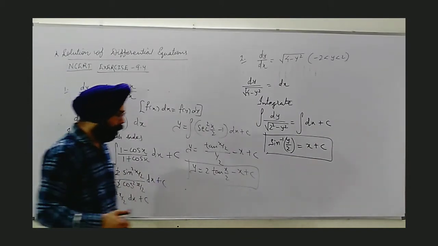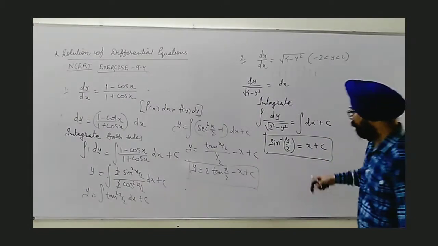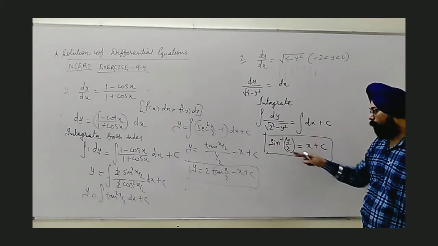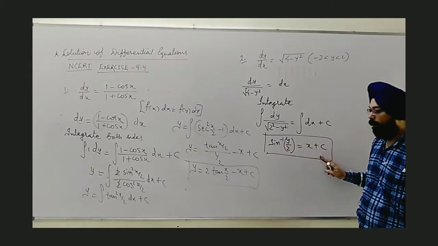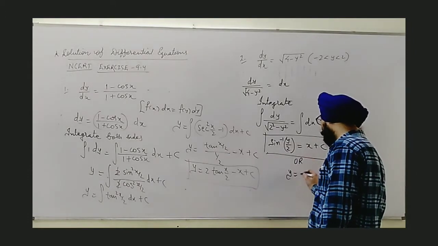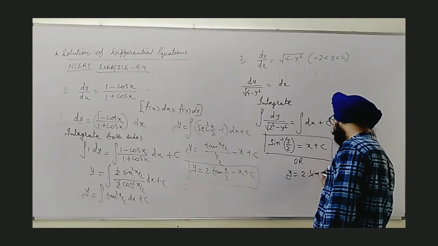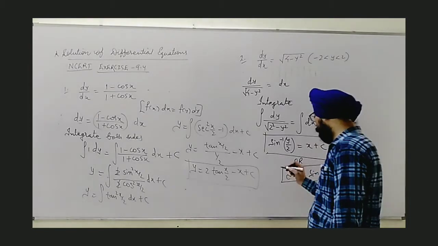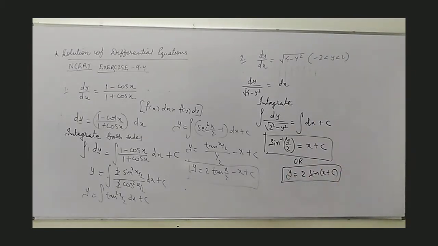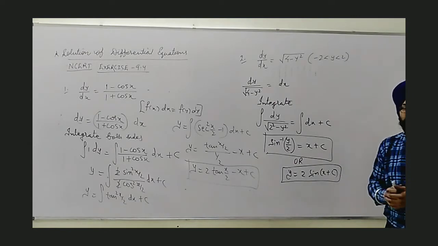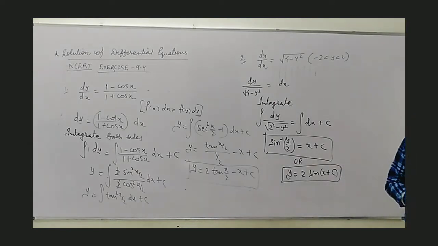Okay. Furthermore, if it is needed to simplify, the sine inverse can be shifted to the right hand side to make it sine of x plus c. Okay, and we can write y is equal to twice sine of x plus c. So this also can be considered to be one form of solution. Okay. So this way, I hope that you have understood the basic level. We will consider more questions from the same exercise. Let's go ahead.